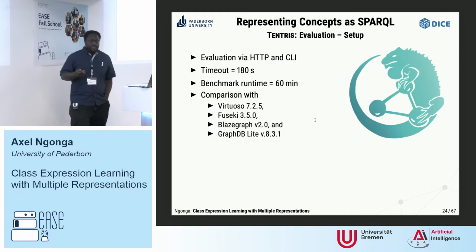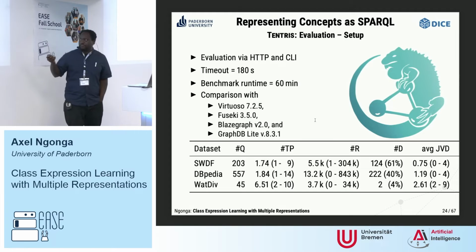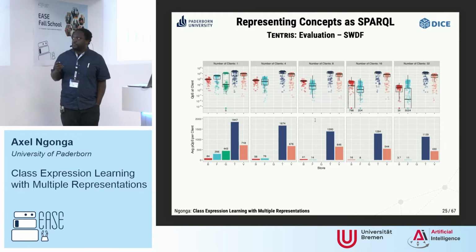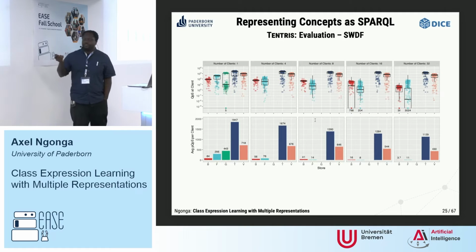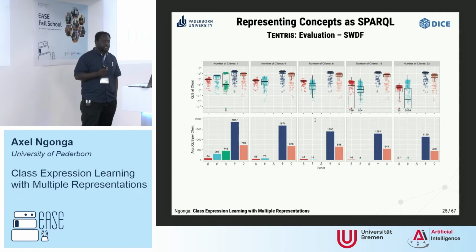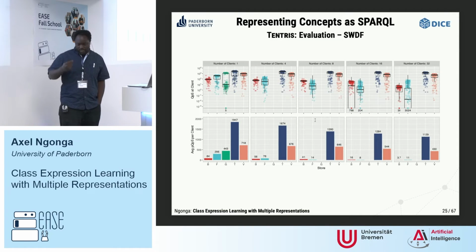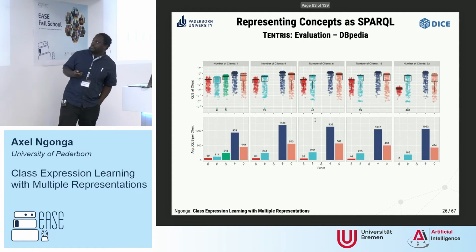Timeout set to 180 seconds and a benchmark runtime of 60 minutes. We're not going to waste too much time on the details here. What's important is really this picture, number one, that even on small data sets, using this idea of using hypertries and traversing hypertries already leads to quite a significant gain with respect to runtime. And if we do that with